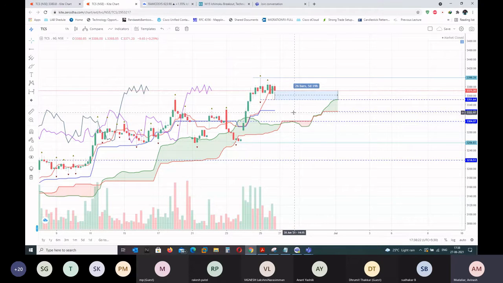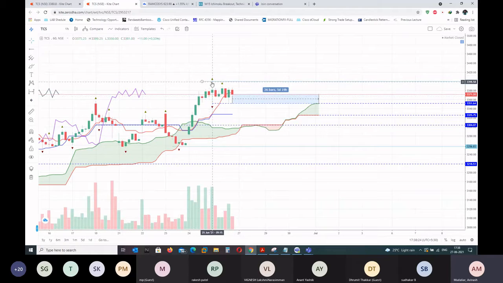Now, how will you buy? You know this is the 52 week high. Whenever it breaks above the 52 week high, you can buy. Or you can look for candlestick patterns: a rejection pattern nearby Kijun-sen, or a candlestick breakout pattern above Tenkan-sen. You look for a reversal pattern near Kijun-sen, or a breakout candle pattern at the 52 week high. So these are three ways you can trade.